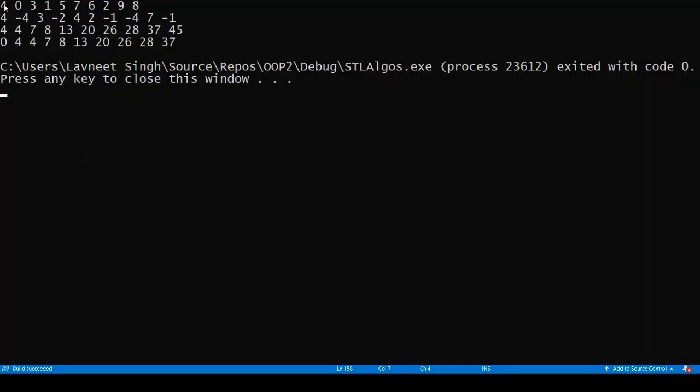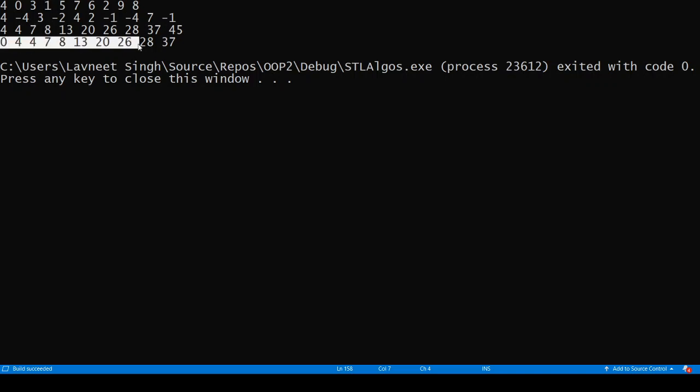So here is our original vector. Okay, the inclusive scan basically takes the element which it is considering from the previous collection. So 4 is the first element, so it copies it there. 0 is the second element, it considers the second element while calculating the second element's value in the target collection. So considering 0 and adding to 4, 4. Considering 3 and adding to 4, 7. Considering 1 and adding to 7, 8, like that.